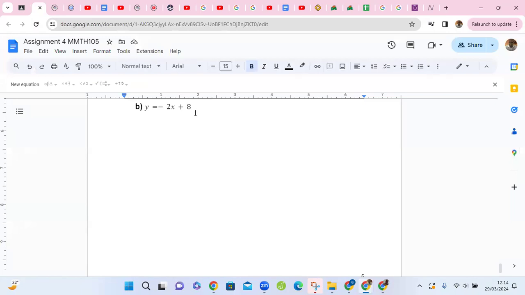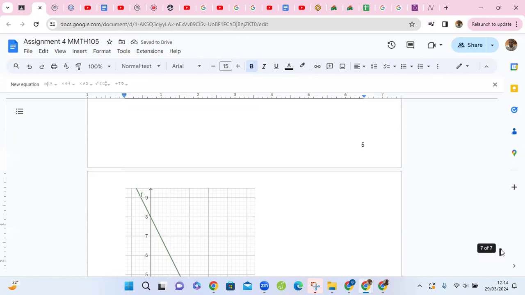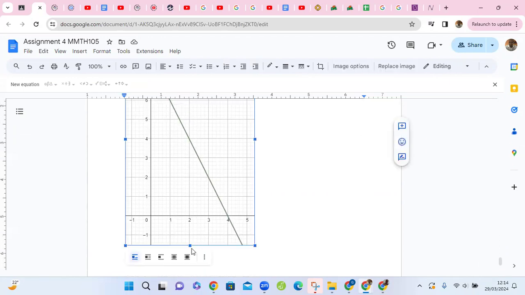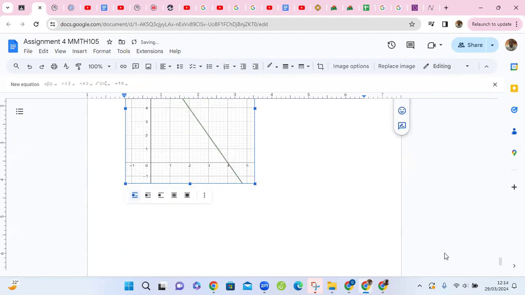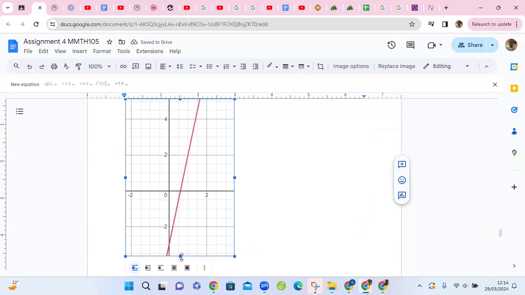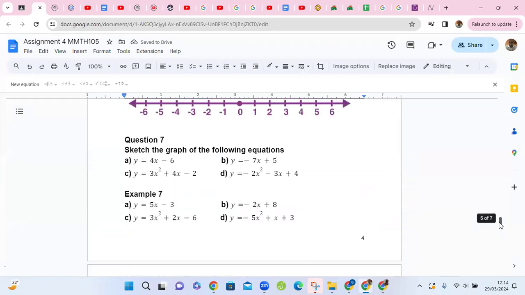And we can simply paste this there. We can reduce this in size so that it fits in, two in a page, and increase this one in size so that it fits in. Right, and let's move on to